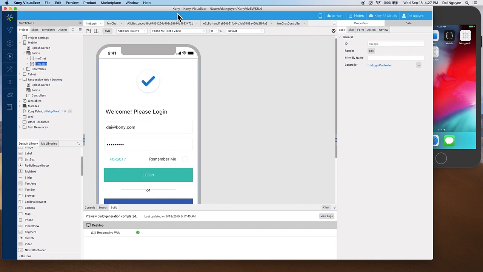What you see is what you get: the App Designer tool and development. Okay, so I have two forms here under mobile, form login and form chat. And when I click on form login,